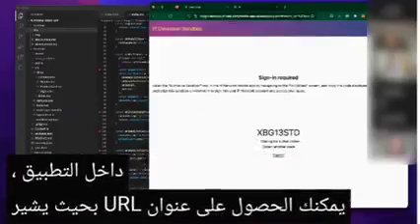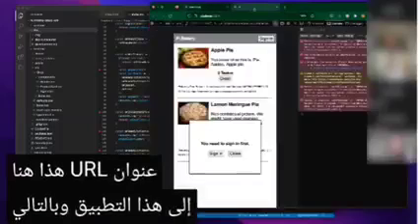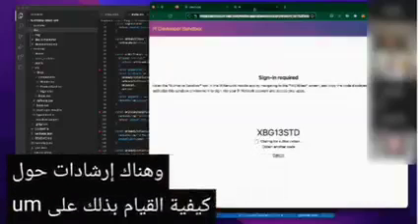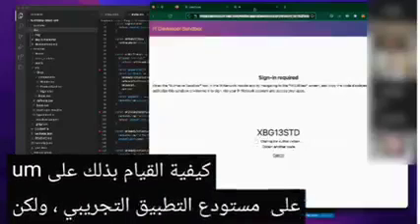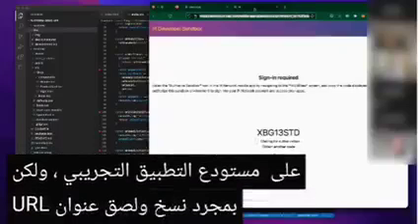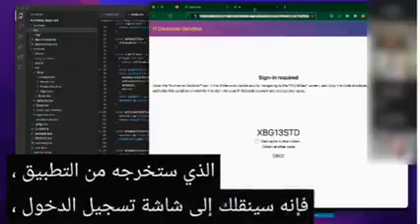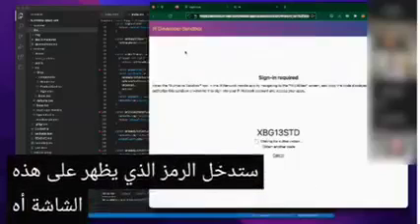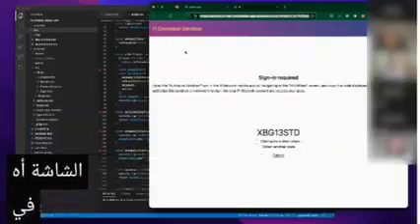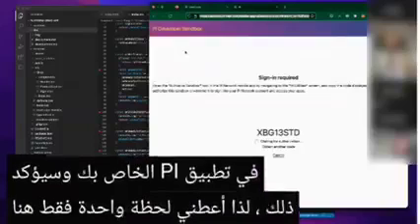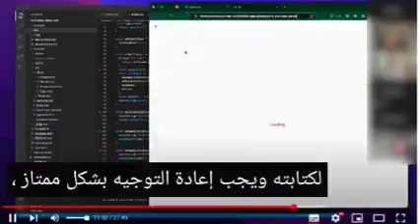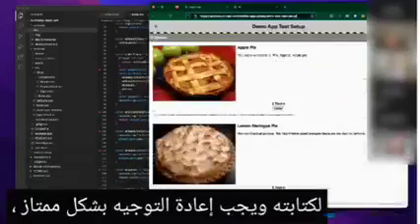You'll get a URL. So this URL here points to this application. And so you can copy that out of the developer portal, and there's instructions on how to do that on the demo app repository. But once you copy and paste that URL that you're going to get out of the application, it's going to bring you to this sign-in screen. You're then going to enter the code that's shown on this screen in your Pi app, and it's going to confirm it. So give me just one moment here to type it in. And it should redirect. Excellent. So once you